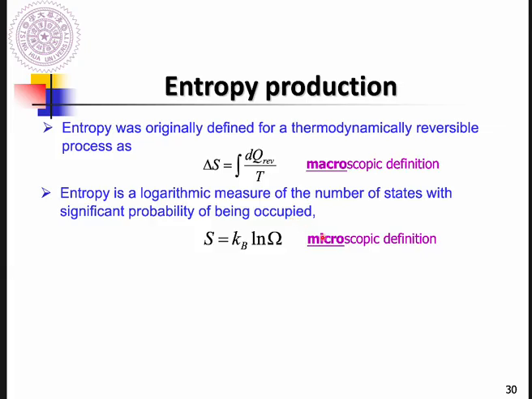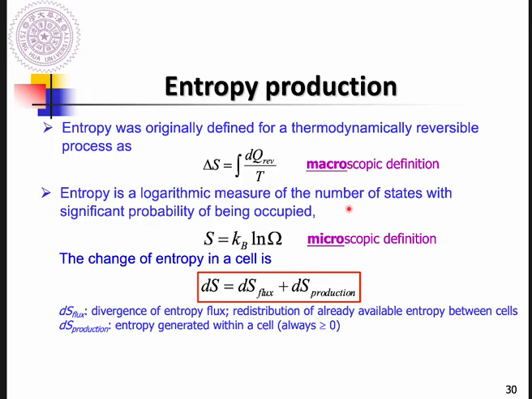This is in micro scale, because we talk more about the arrangement of atoms, so the number of possible combinations. If you combine all this, you probably can have some idea. If we talk about the change of entropy in your cell of interest, like a cube, something like that,